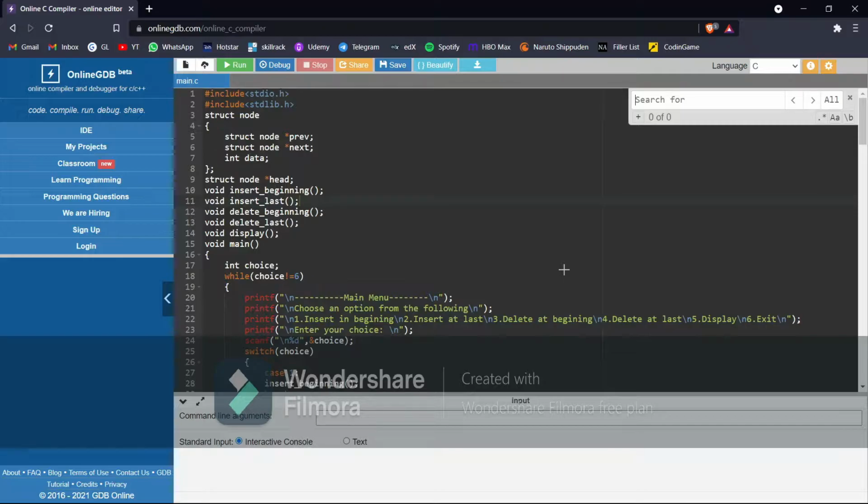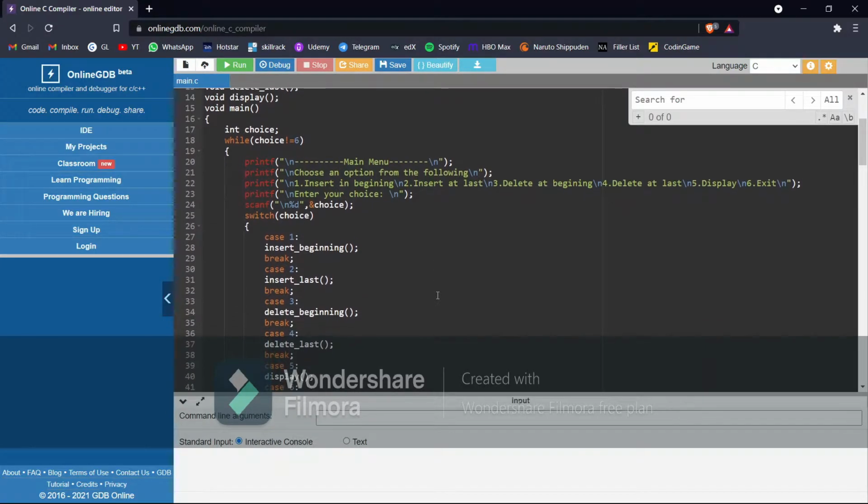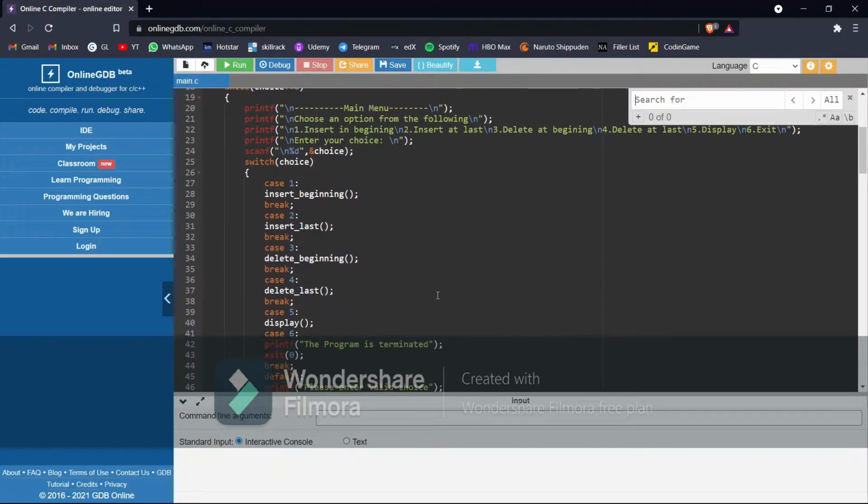In the main function, a choice variable is declared, and some printf functions are used so that the user will understand the choices. After the user enters a choice, the control will flow into the switch. If he enters 1, the insert beginning function will be invoked. If he enters 2, insert last will be invoked.